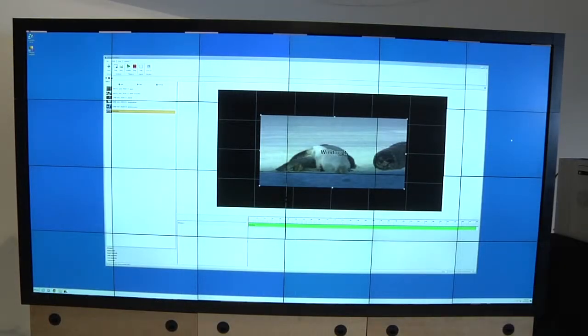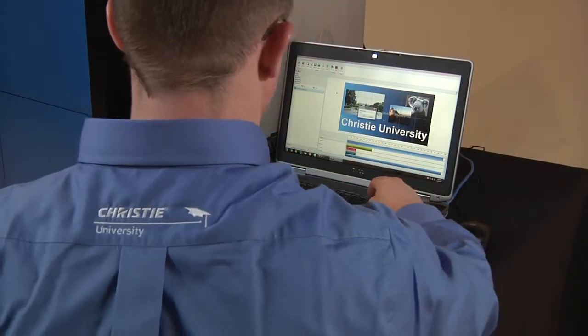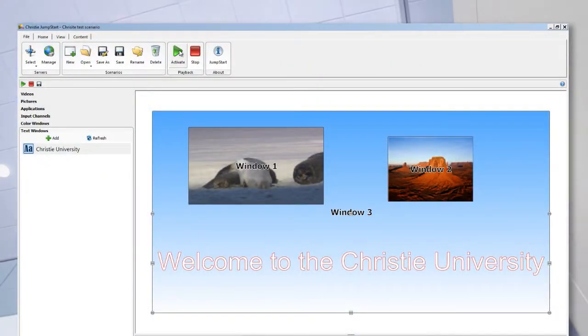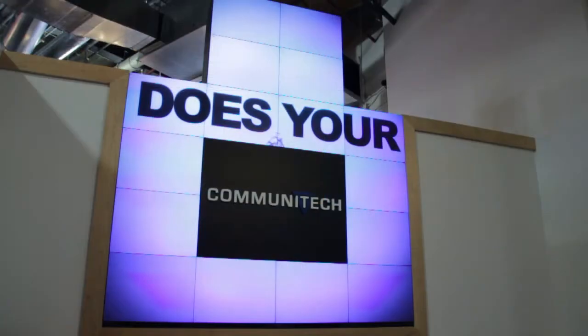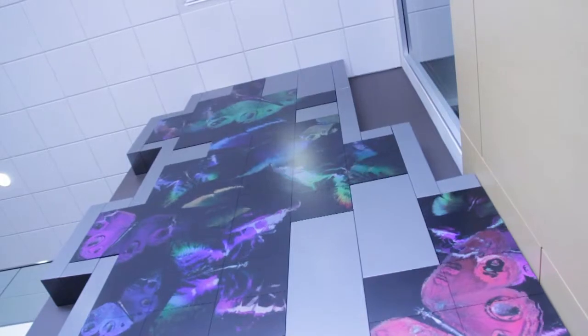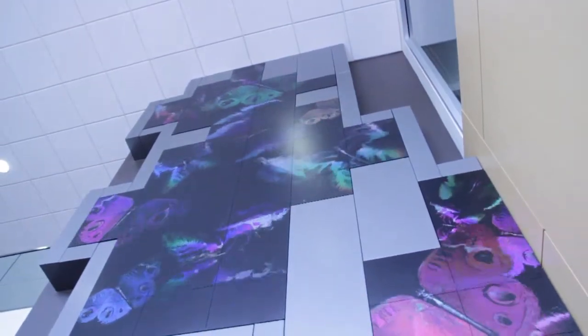Only one scenario can be active at any given time on the JumpStart server. To start a scenario, click on the green Activate button. To stop a scenario, click on the red Stop button. If a scenario was active in the event of a power loss, the JumpStart server will automatically recover the scenario